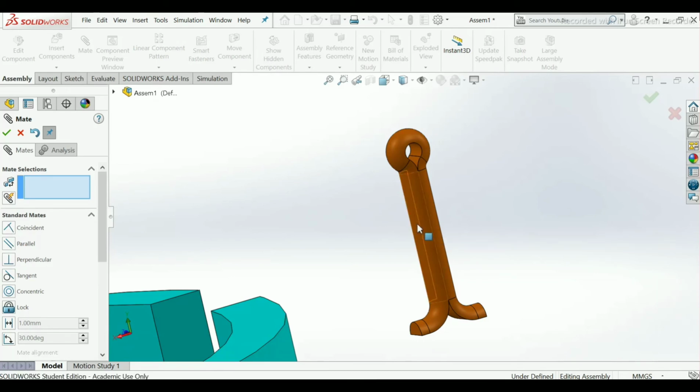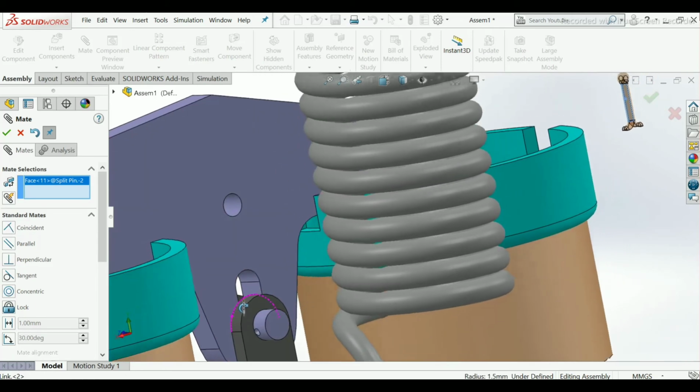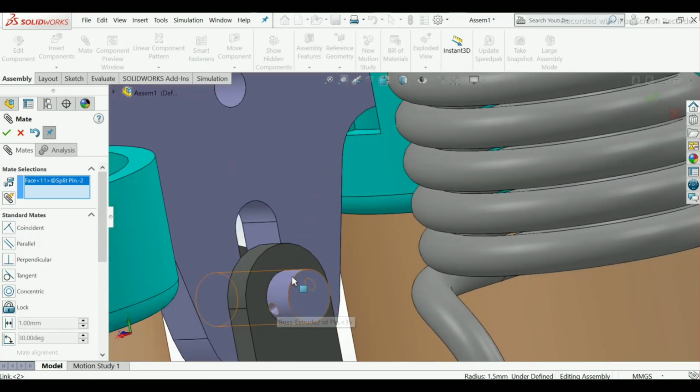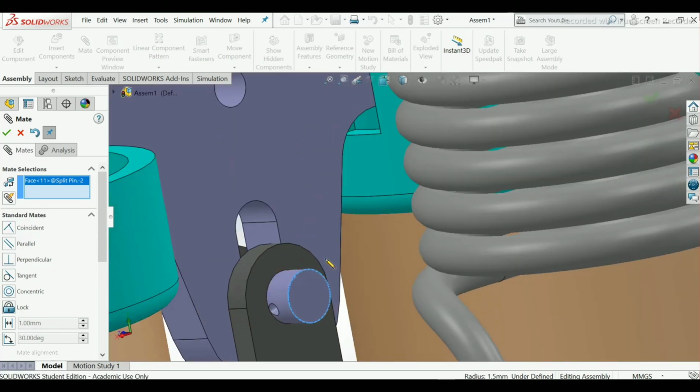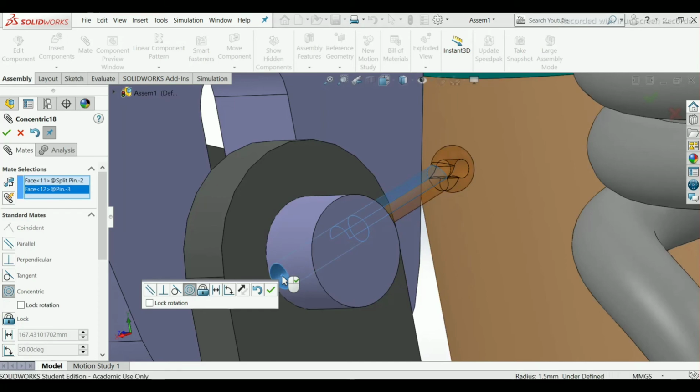Select this face of the split pin and this extrude cut face, make it concentric here.